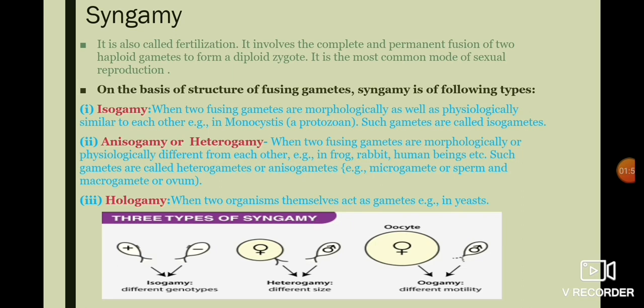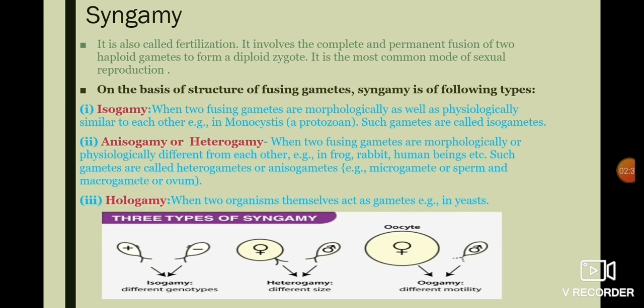Now, syngamy. Syngamy is just the term given to fertilization. So what is this method about? It is the method of sexual reproduction when two cells of opposite gender generally get fused permanently. Yes, this process is permanent in nature. It's not that once it got fused it will be reversed back. No, once it got fused, no reversal of action can take place.